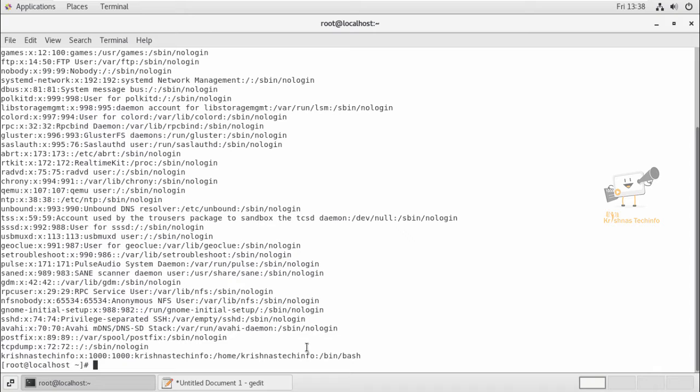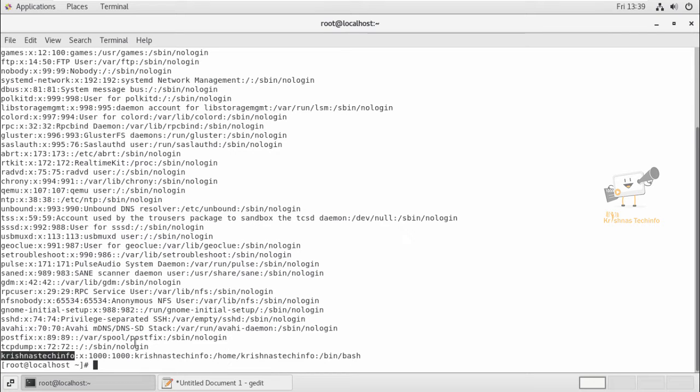In this video we can see about the /etc/passwd file and /etc/shadow file, and we can also see about the chage command and useradd command. The /etc/passwd file stores the important information required for login. It stores the user account information in a plain text file. Now we can see each field in the /etc/passwd file.